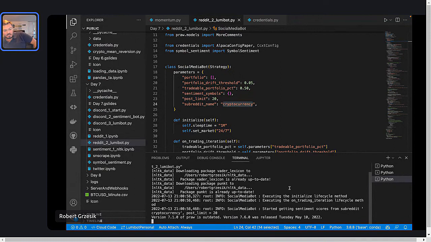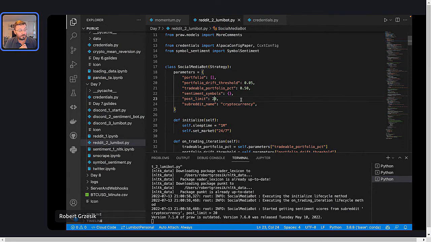So here, this thing is pulling this stuff. It's going to take a little bit of time to download all this information from Reddit because it's downloading quite a bit of data. But what I have it set up to do is look at the first top 20 hot posts, and within that, I think the first 10 comments. You can make that a lot more than that. I just have it set up as 10 in the interest of time, because it would take quite a bit longer otherwise. It wouldn't be a fun demo.